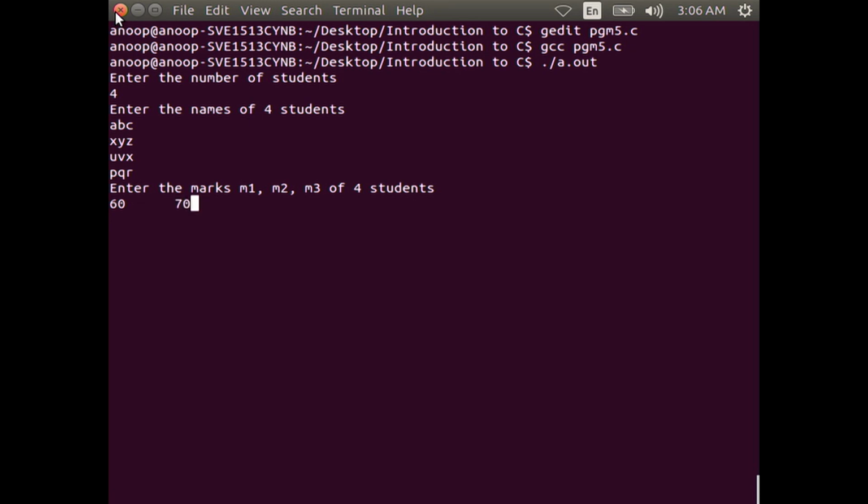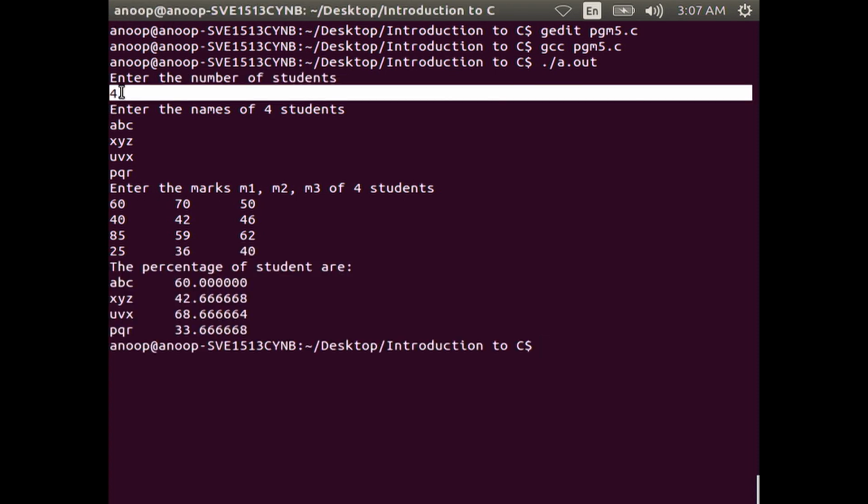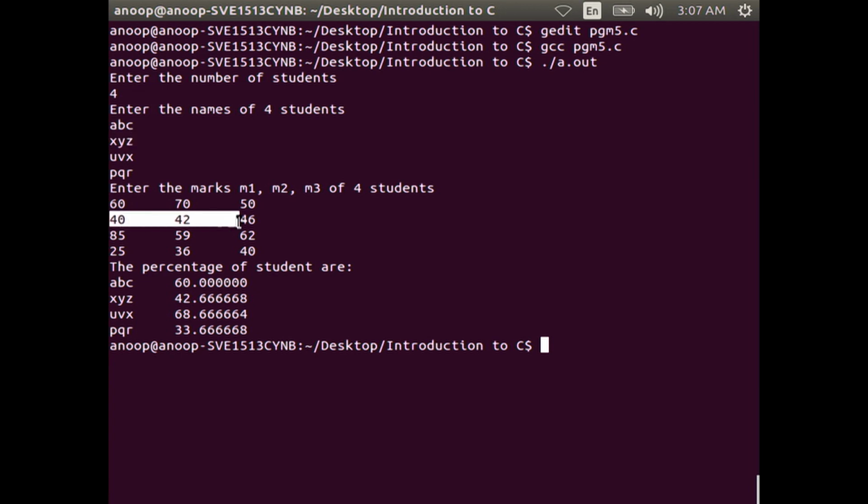Now, you give input as 60 70 50, then 40 42 46, like that 25 36 40. Then the program will give you an output as the percentage of students, for each name you will get the corresponding percentage of marks.